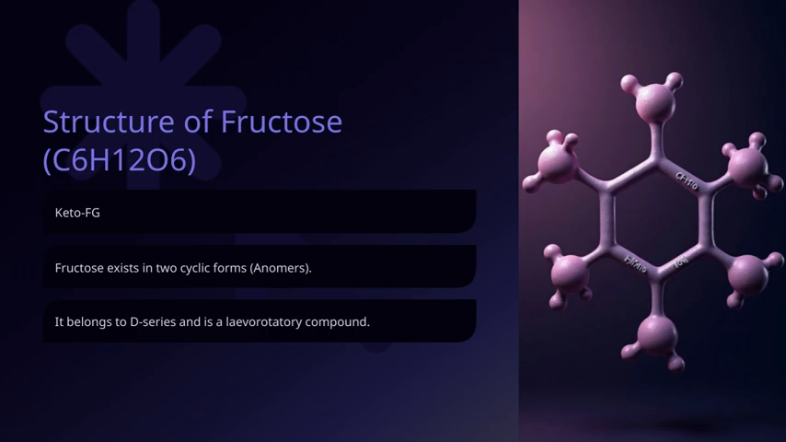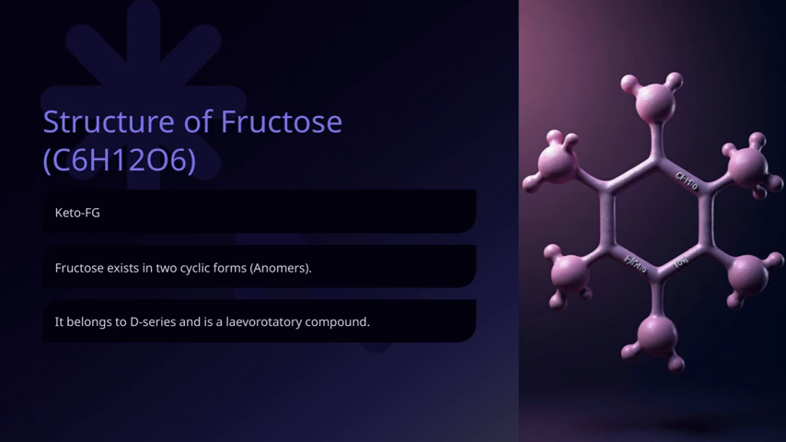Fructose is quite interesting because it exists in 2 different cyclic forms, known as anomers. These forms are interconvertible, and the specific shape it takes can influence how it behaves biologically. When we look at the structure of fructose, or C6H12O6, we see that it's a 6-carbon sugar, but unlike glucose, its key feature is the ketone group, which classifies it as a ketohexose. This structure is fundamental to understanding its reactivity and role in metabolism. So overall, this slide highlights the stereochemistry, the cyclic nature with different anomers, and the chemical structure that underpins fructose's